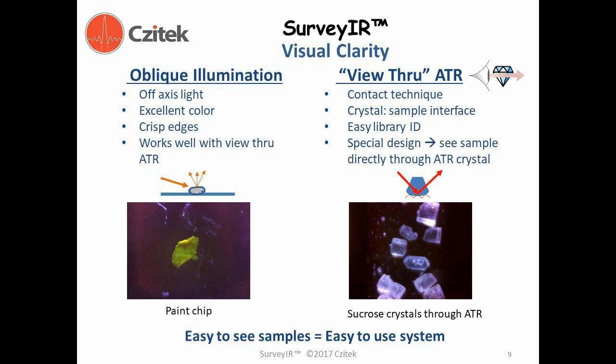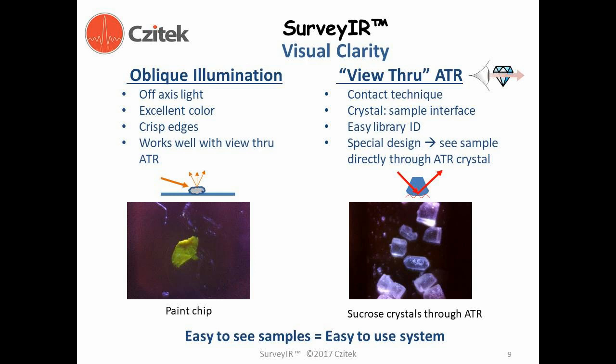SurveyIR has unique features that are very beneficial to microspectroscopy users and application solutions. Oblique illumination is one such feature. As illustrated at left, oblique illumination entails the illumination of a specimen off-axis from the side and observing the scattered light coming from the specimen. With many specimens having surface irregularities or edges, the contrast and color definition is better with oblique illumination